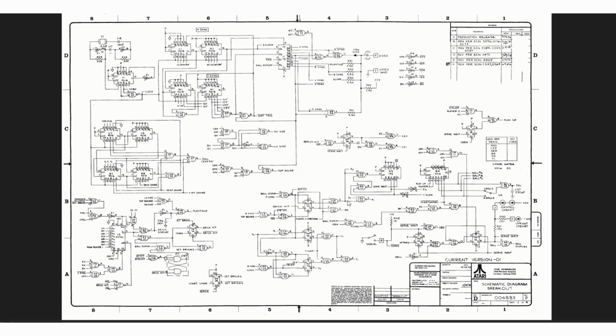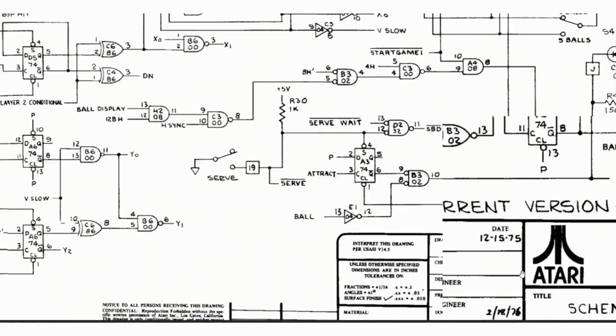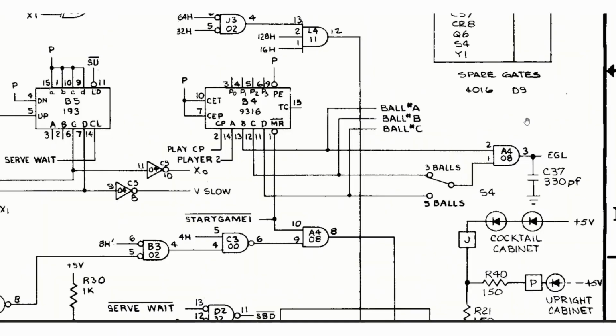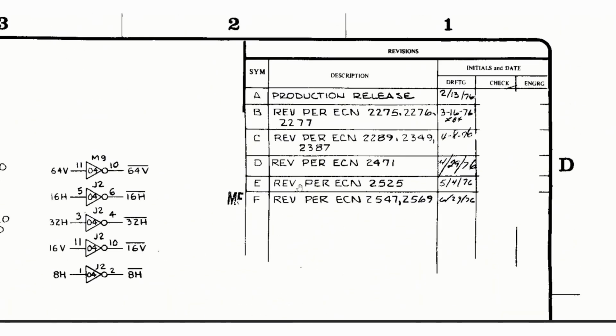A couple of interesting things. We see the drawing was started sometime mid-December of '75. The other sheets have the 16th, but it's no big deal. I think the 15th was a Monday. In the revision list, we can see the production release was done 2 months later, followed up by revision B a month later with 3 engineering changes.